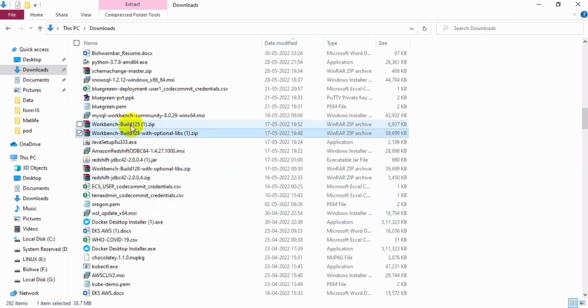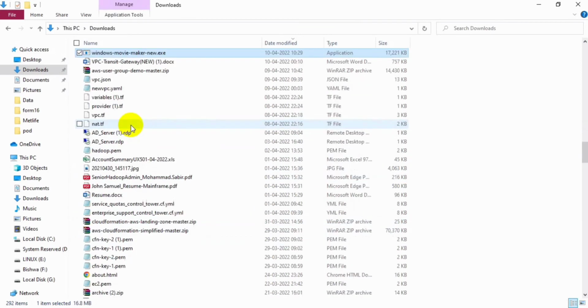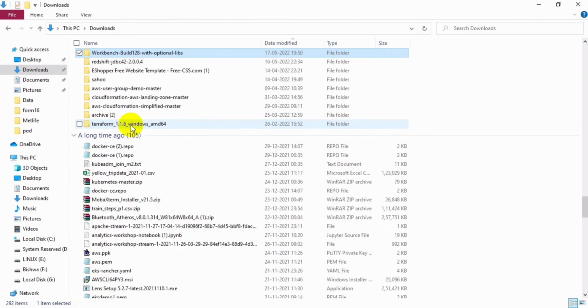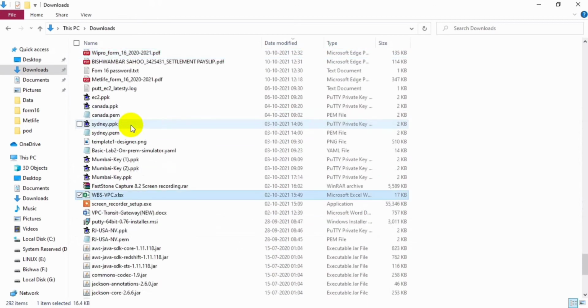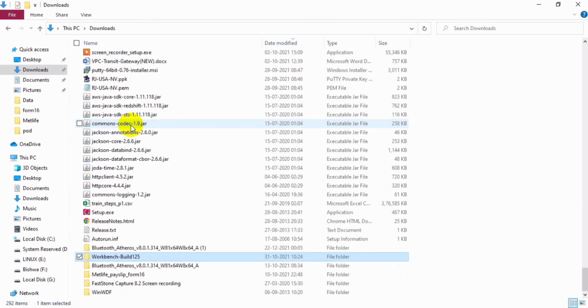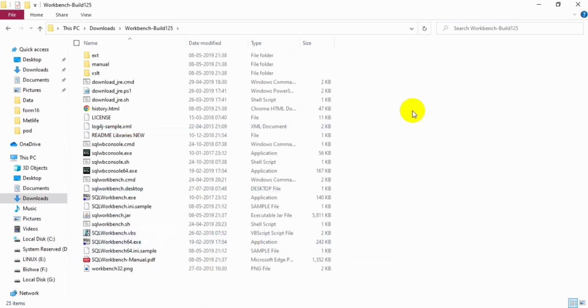Generally I use 125 to connect Redshift and SQL Workbench. I have already downloaded that tar file and extracted it. So let me go inside the workbench build 125, and